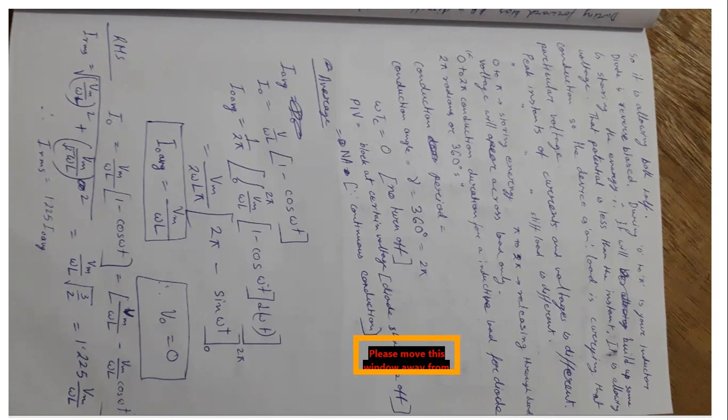So we can see that in case of inductive load, during the positive half cycle of the source the inductive load is getting charged, and during the negative half cycle the inductive load is releasing its energy or charge. So what will happen, we can get continuous conduction of current. So here there is no circuit turn off time, so here there is no question of peak inverse voltage.